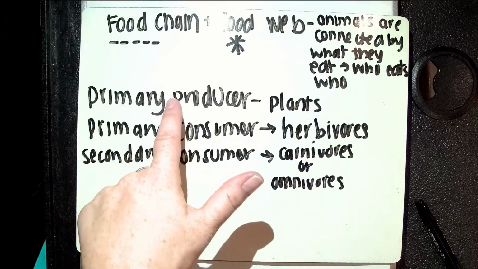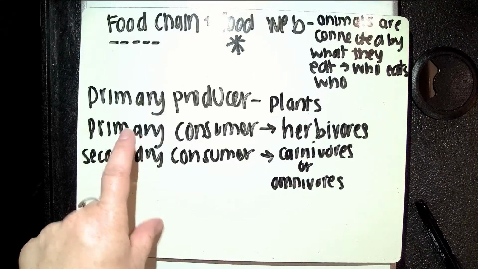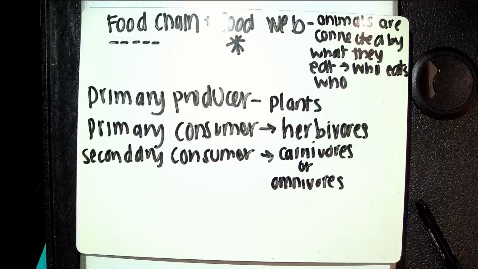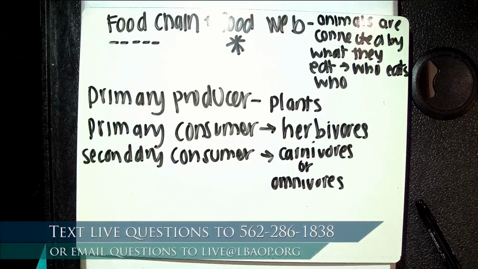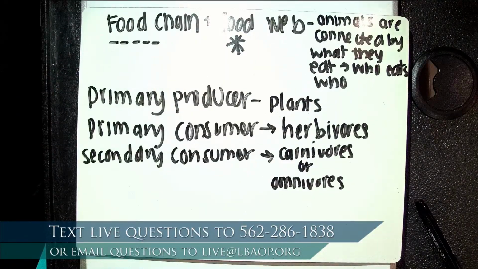But this is how we break down the players in a food chain. We've got our primary producers, which are going to be the plants. They're using the sun for energy. And then the primary consumer is that thing that's going to eat the plants. They're going to get energy from a plant or an algae in the ocean. And then we've got our secondary consumer, which is going to get their energy from eating those herbivores, or that thing that ate the plants. And then it keeps building, and you have the tertiary, which is the third consumer, but we won't get into that. But these are some good terms to know when we're trying to understand a food chain or a food web.